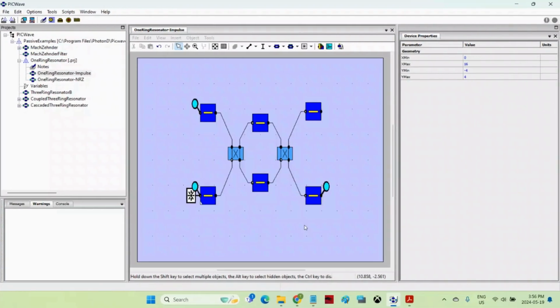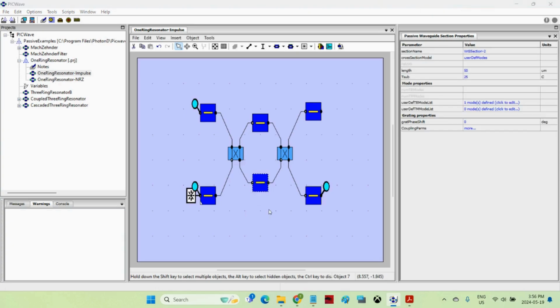In this short video, we'll use PICWave to simulate the response spectrum of a ring resonator. This model we see in front of us here is a symbolic representation of a ring resonator, where we have waveguides and coupling regions that build up this ring resonator structure. The way that PICWave will model the ring resonator is, for each of these waveguide sections, we either define the